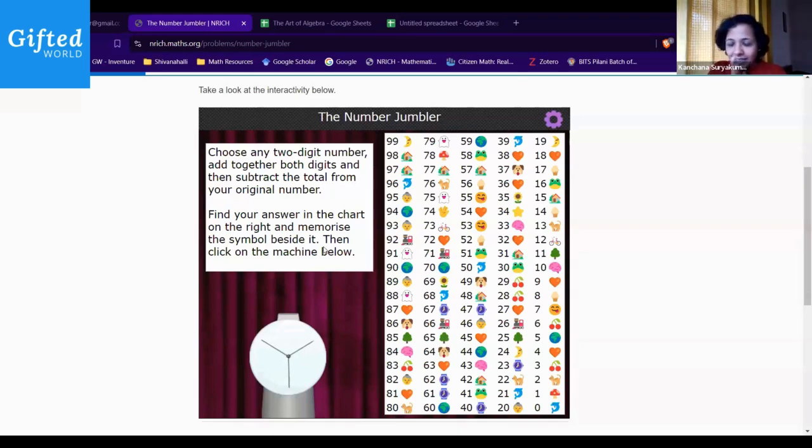Atiksh, shall we try this together again, with some other number? Yeah, and ma'am, I think I know this trick, but I'll tell it to you later on. Okay. Yes, okay, thank you. Tell me, which number shall we think about? Ma'am, I would like to take 11.